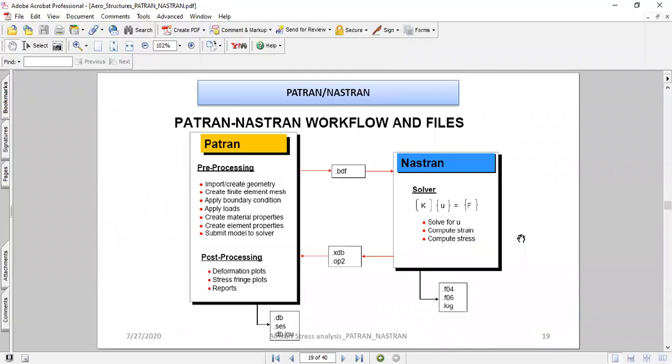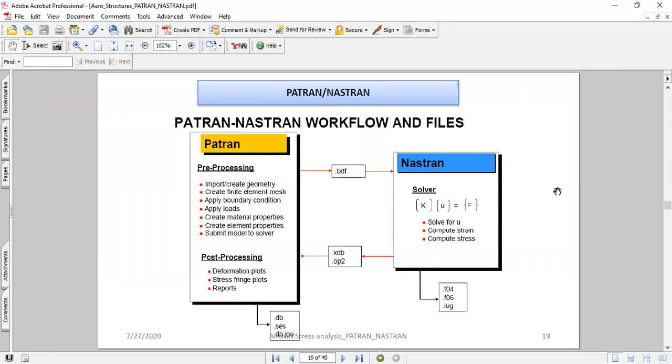So looking at Patran and Nastran, Patran itself is a pre and post processor, and Nastran is nothing but the solver. So what goes into Nastran is the BDF file that comes out of Patran. Whenever you model a structure in Patran and submit it for analysis to the solver, Patran generates a file called .bdf that can be solved in Nastran.